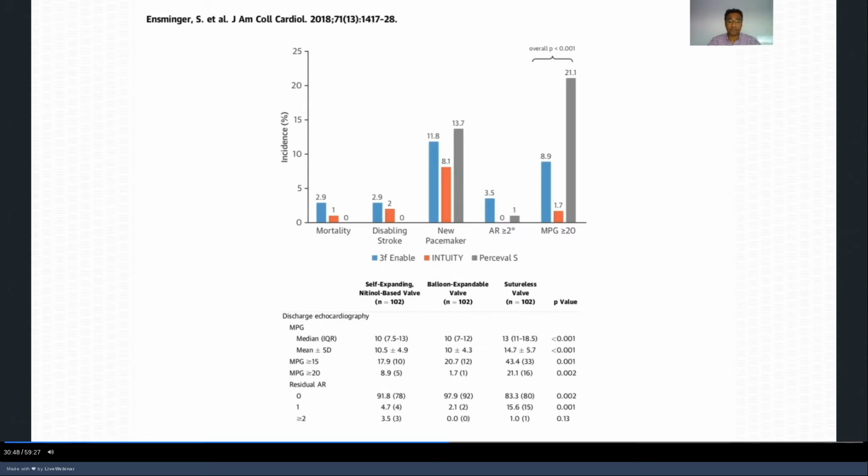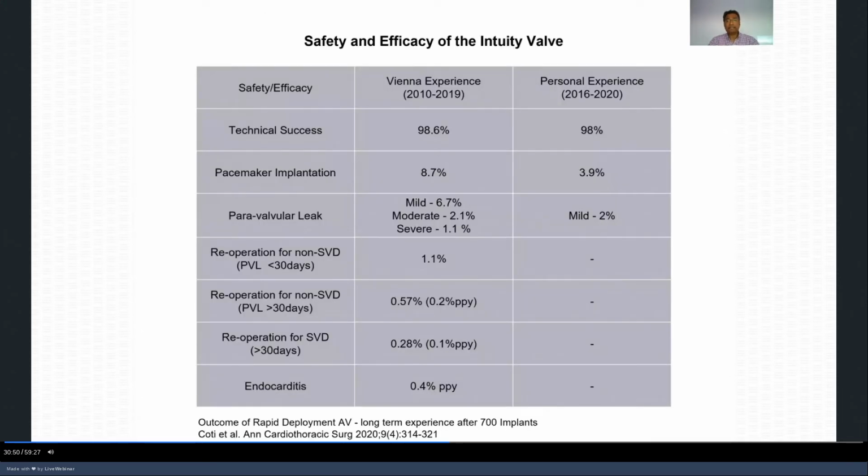and they had the lowest incidence of pacemaker implants. I then decided to look at the safety and efficacy of the Intuity valve, and this paper by